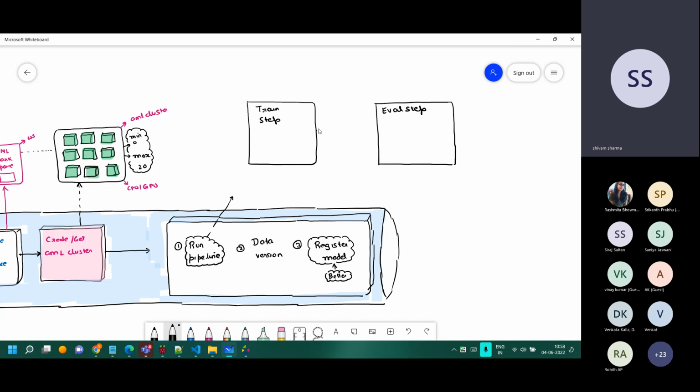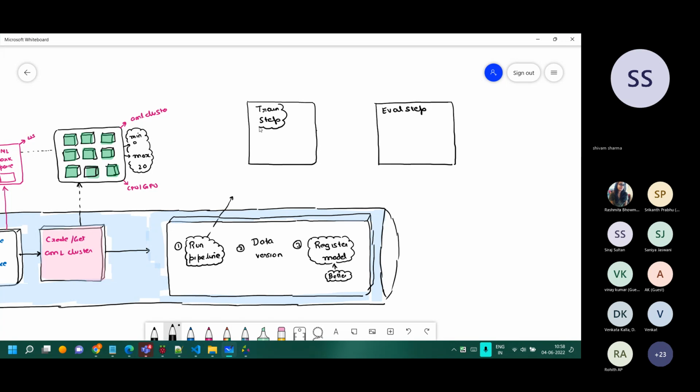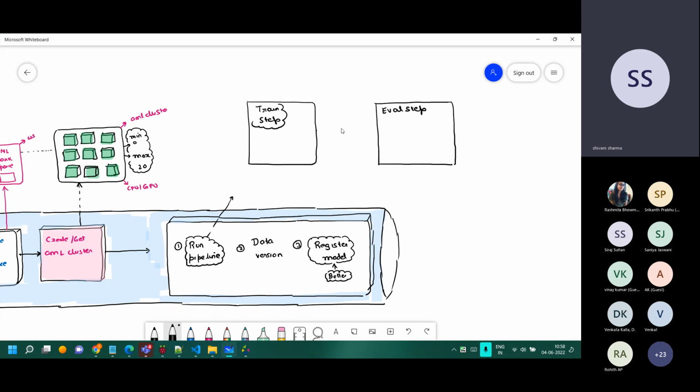Now, what apart from this do we have to do? If you are running, let's say, step one and step two, practically think it through. Let's say you're running step one and step two. Obviously you have to pass the data somehow, some variables, some value should pass from this to that. So the concept by which we pass the values is called pipeline data. I'll show you what is pipeline data in the code, but we'll just put it here, pipeline data. So pipeline data is the location where the first step will write the output and the other one will read the input from. The same thing will go over there.